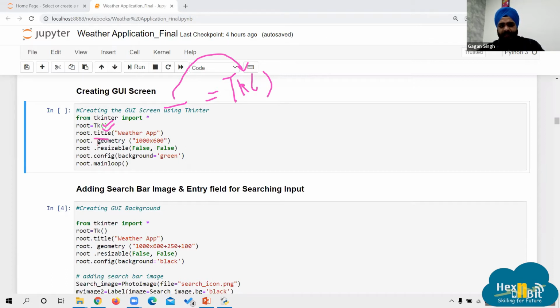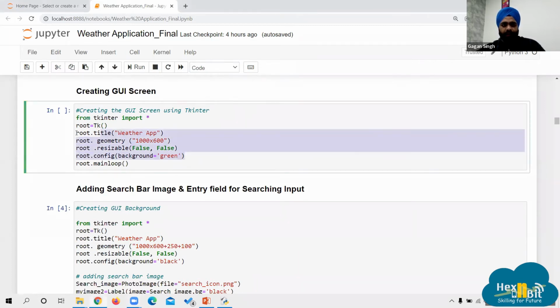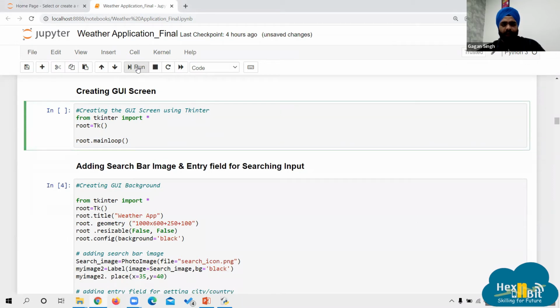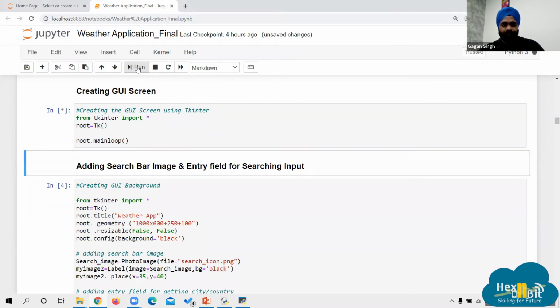Then these are customizing options. root.title means I want to give a title to the screen. Let me show you. If I run it, you can see a default screen has been created.